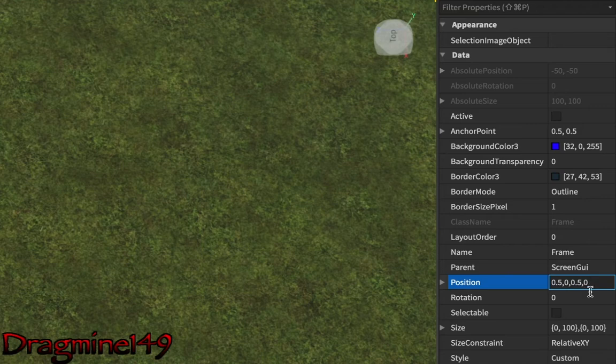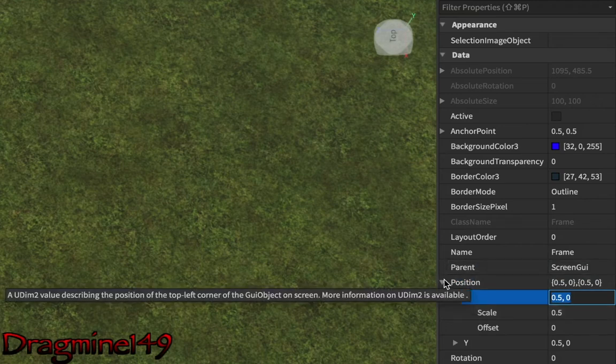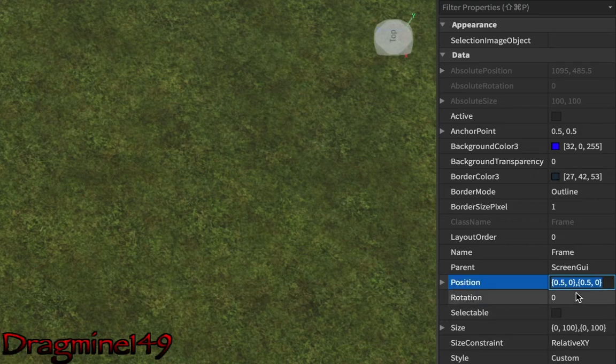So when you set this to 0.5, 0.5, there's a lot of zeros. If we just click this button, it'll do your X and Y, your scale, and your offset. Scale means it will be in that position on every device, no matter what the device is.